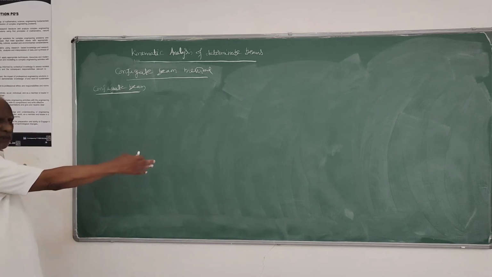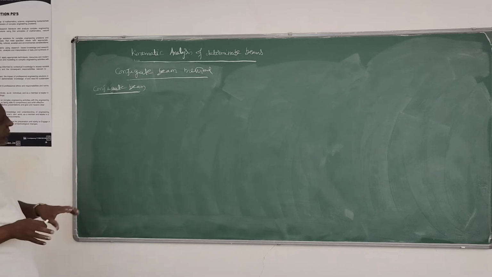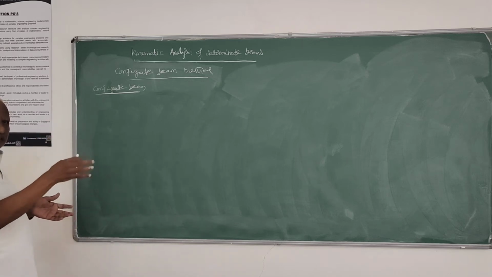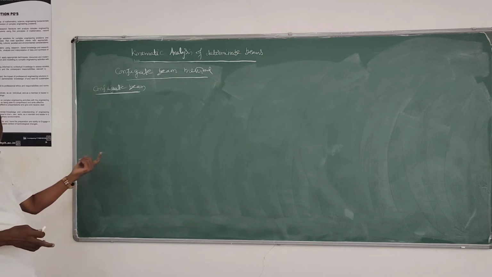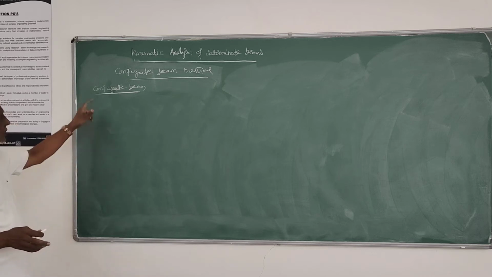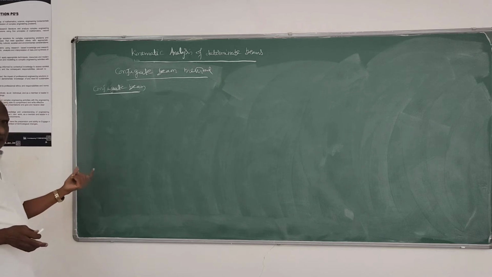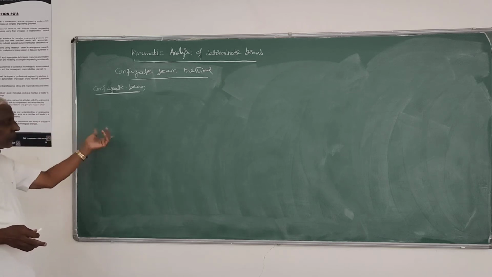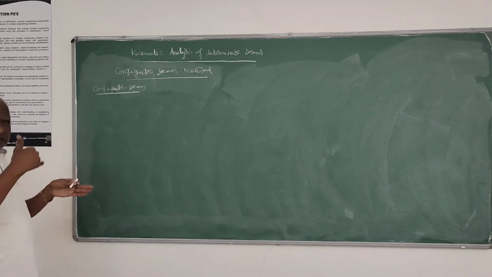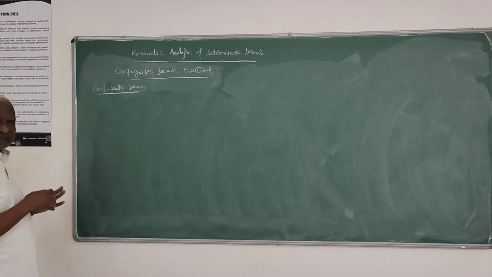The actual beam given in the problem, we call that the real beam. For that real beam, we have to write another imaginary beam, the conjugate beam, and do the calculation in that imaginary beam. That's all here. So the conjugate beam is nothing but an imaginary beam, which is similar to the real beam in geometry. Geometry means length and area of cross section, so they are the same as those of the given real beam.